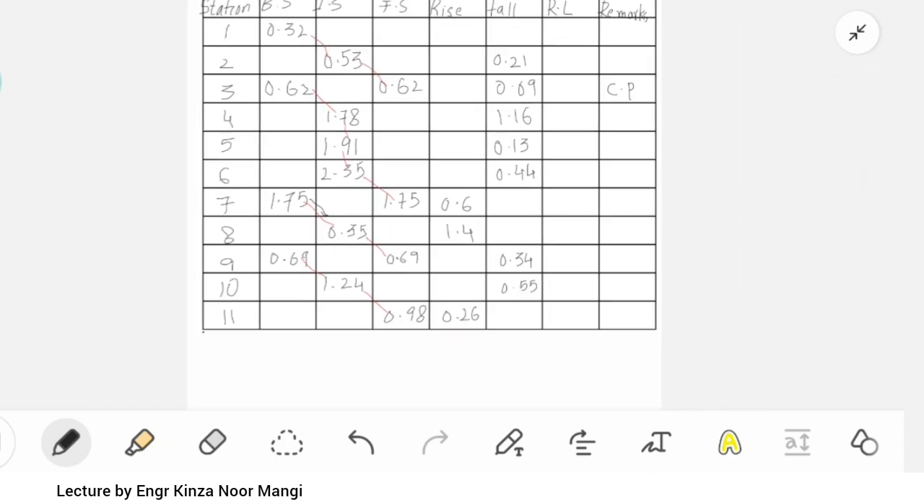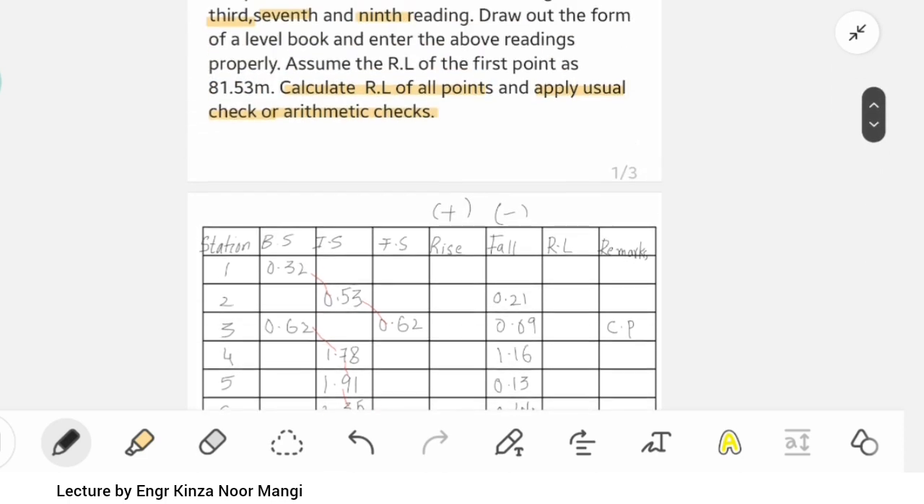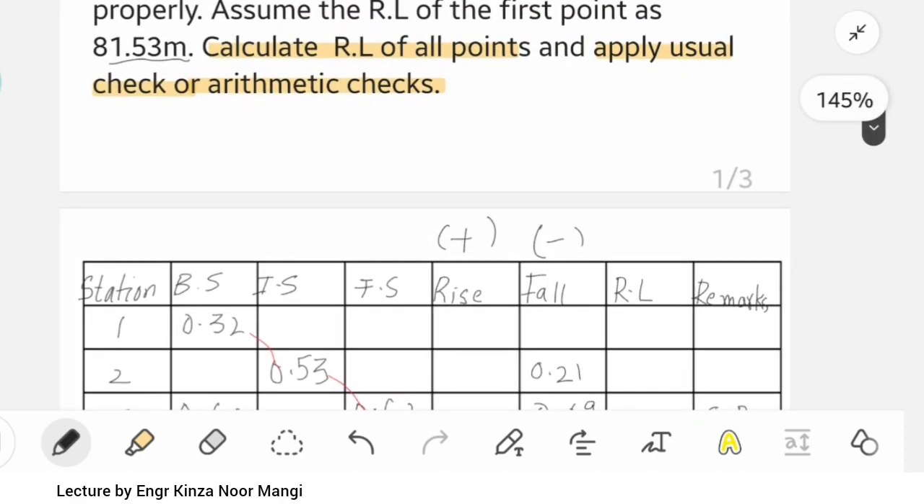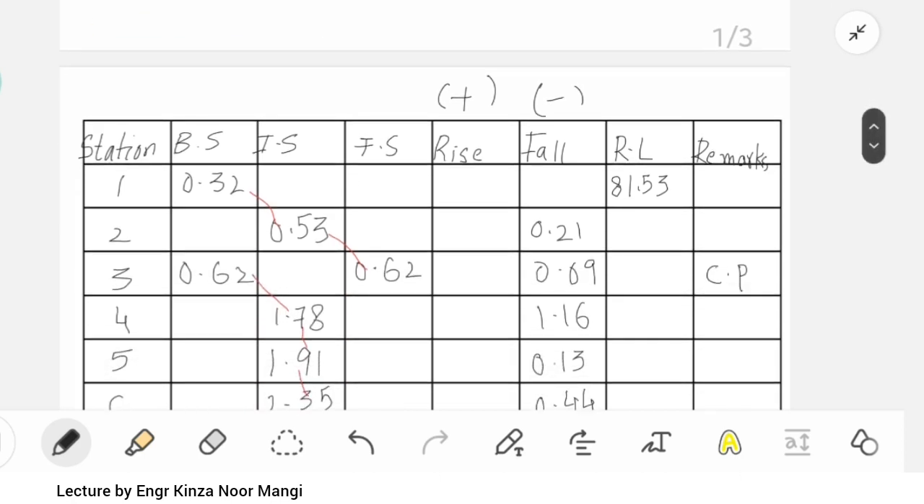Now we will calculate the reduced level by this method, that is the rise and fall method that we are using today. So for the reduced level, the first reading is already given. Assume that the reduced level of the first point is 81.53 meters. Okay, if that is not mentioned, then you can assume your own value. 81.53 meters. Okay, all the readings are in meters. So 81.53 meters. Now what we will do, we will subtract 0.21 from 81.53, which will give us